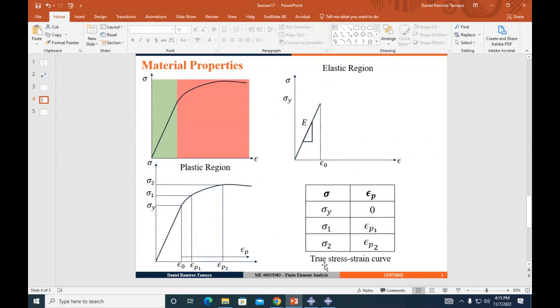Something to keep in mind: this curve is the true stress-strain curve. It is the true, not the engineering one. Anyone remember the differences between those? One takes into account that the transversal section changes, right? So that's the true stress. The other one, the engineering one, doesn't take the area modifications into account. So that looks more like that beautiful curve where we have the yielding, and then once we go past yielding, we have to enter the true stress curve for that material.